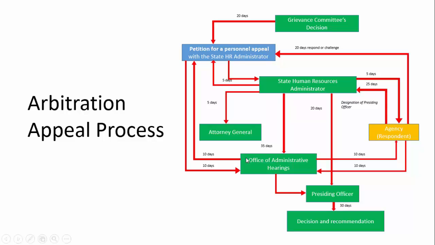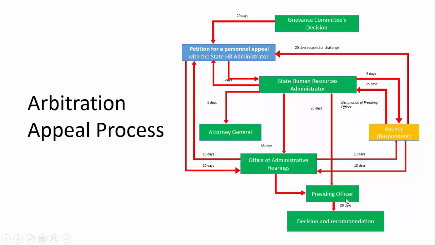Within 10 days, the Office of Administrative Hearings shall notify the parties of the hearing officer assigned to hear the appeal. The qualification of an Office of Administrative Hearings officer shall be filed with the Office of Administrative Hearings within 10 days of the issuance of the Office of Administrative Hearings docketing notice.